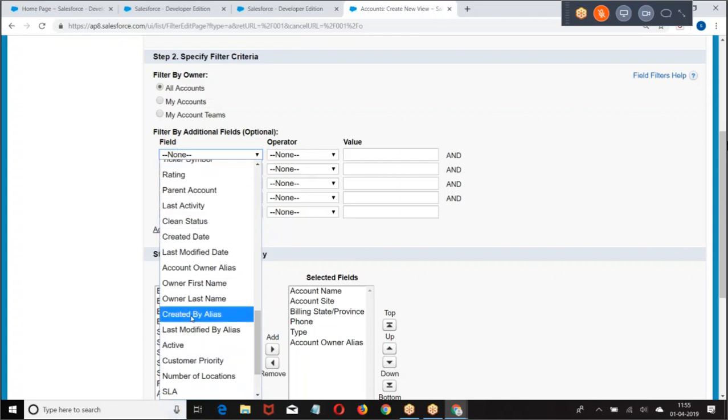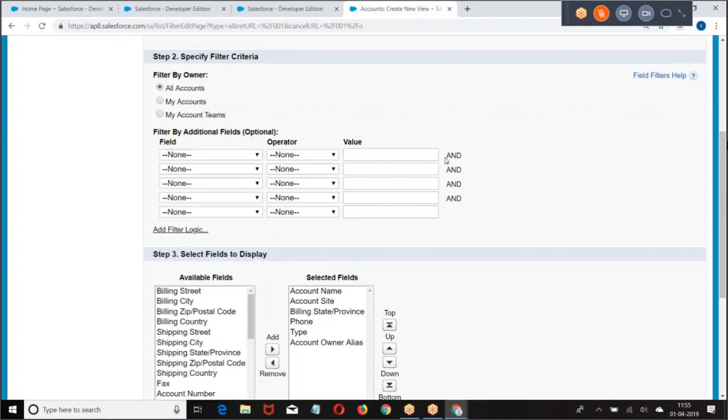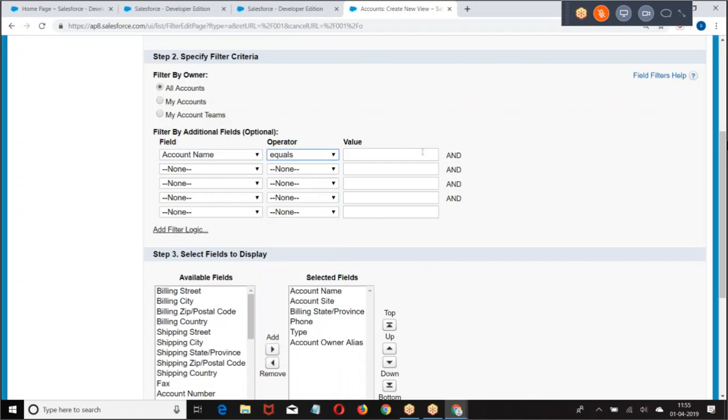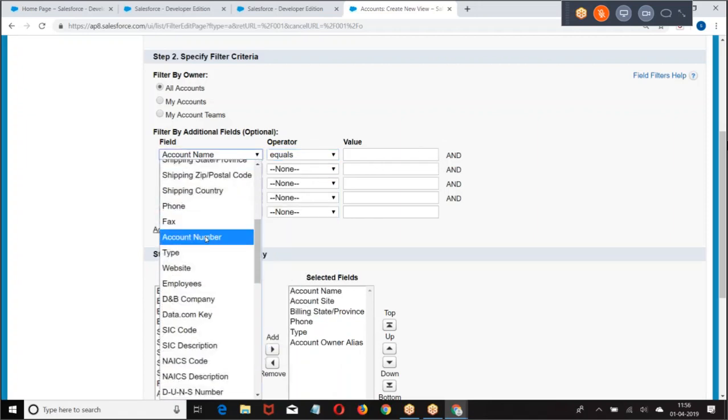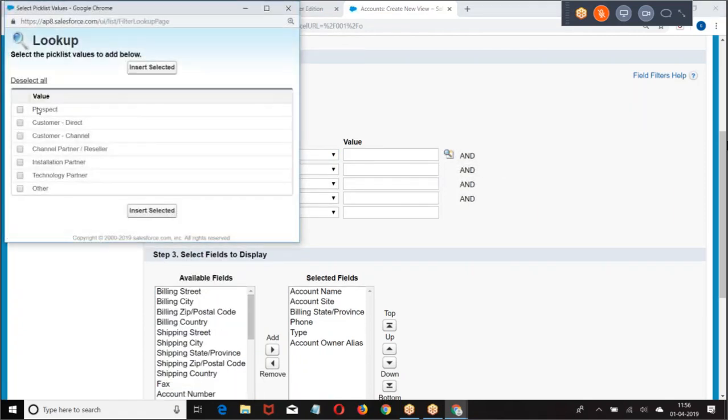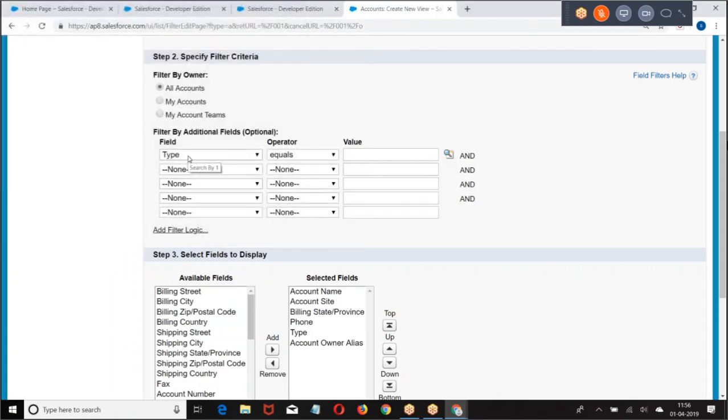How are you getting these fields? Schema programming. Right. When I select account name, it is a name field. Based on the name field, we got the operators. Now, why are you not getting the pick list box here? The same thing, if I select type, automatically you're getting a box here, which says options of the pick list. Right? Now, what they're doing is finding the data type of the field you selected. If the data type is a pick list, then they're giving it.